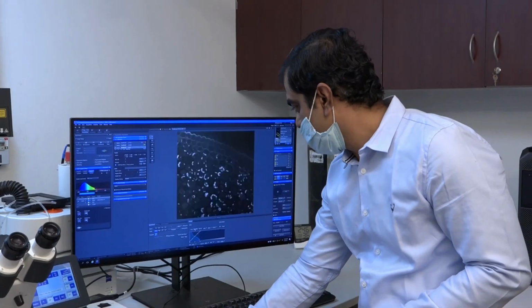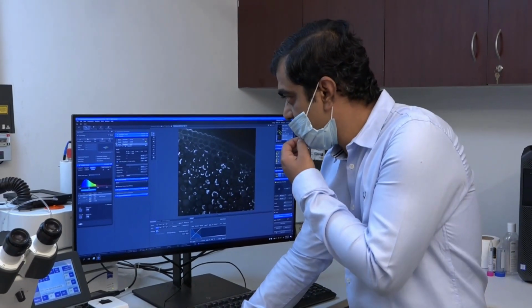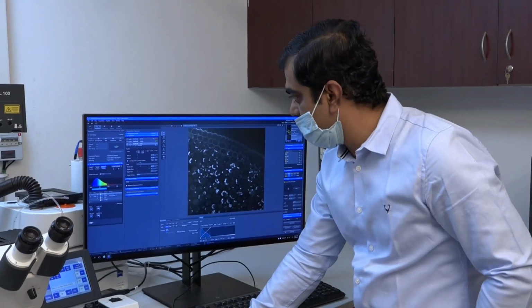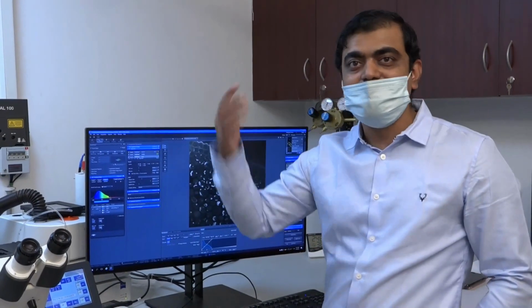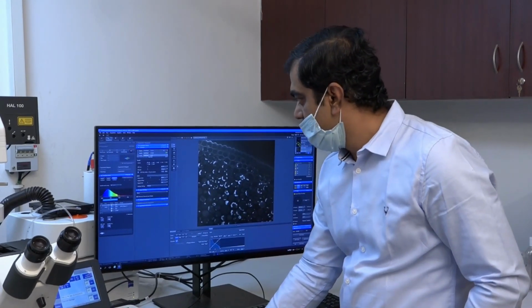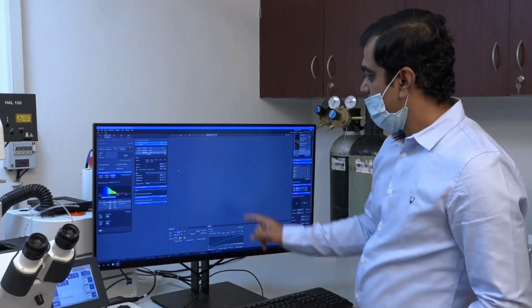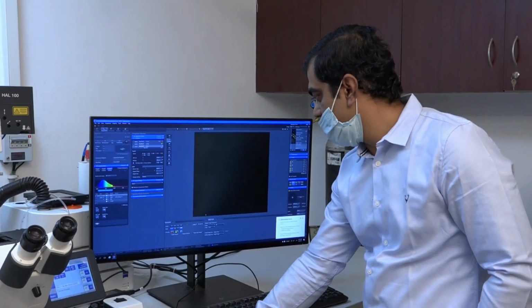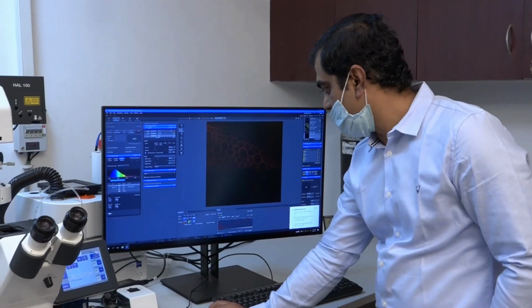Once this is optimized, I'll select all the tracks. So once all the tracks are selected, I want to take a quick snap of all the channels. So I'll take a snap, and once I take a snap, I will get single 2D images of all the channels.